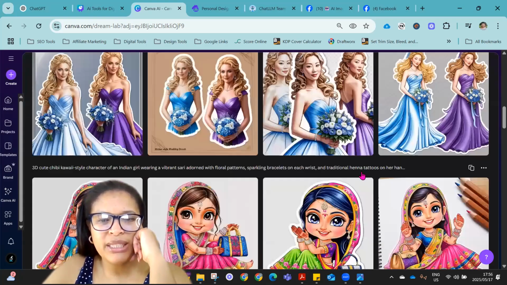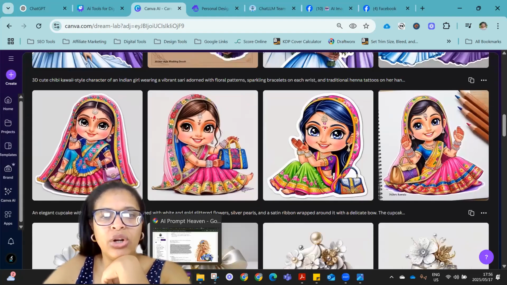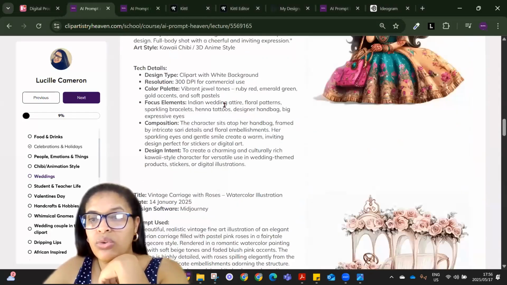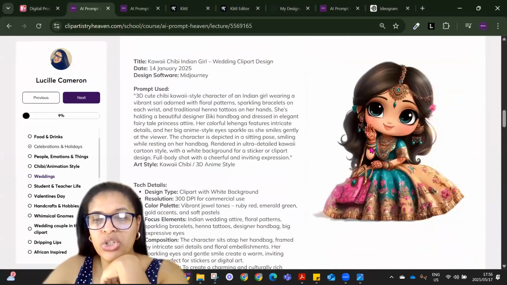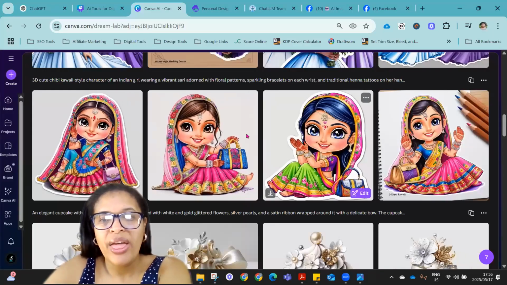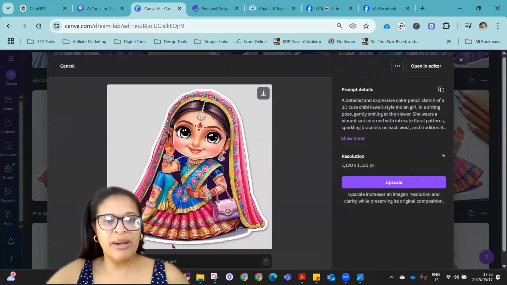While we wait for that one, let's go to the others. So here it got it perfectly. It took the prompt and it got that. That's a beautiful design actually. So this was the original prompt, Midjourney. I copied it and pasted it, and this is what I got. So this is definitely something you can do a whole bundle on. You can actually come here and say,